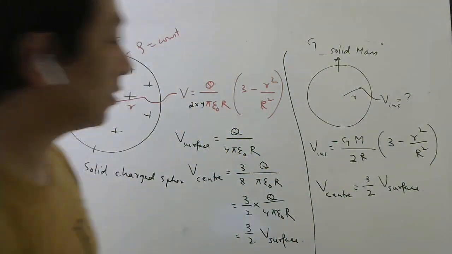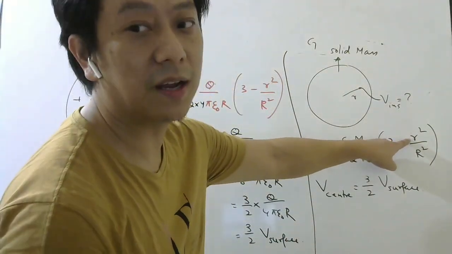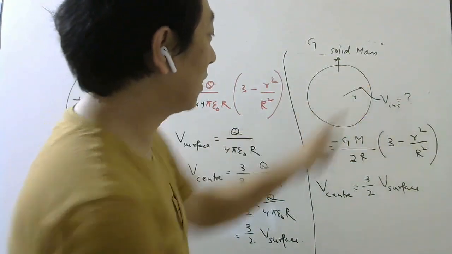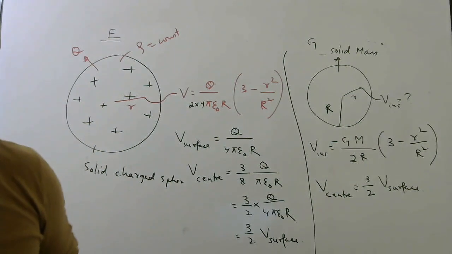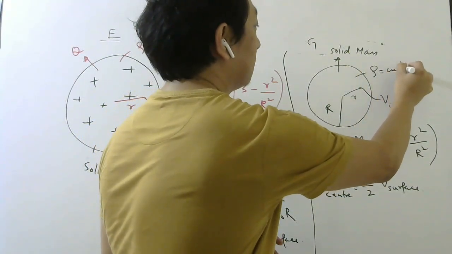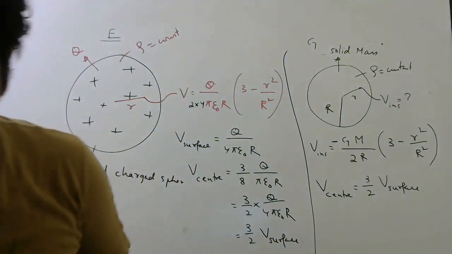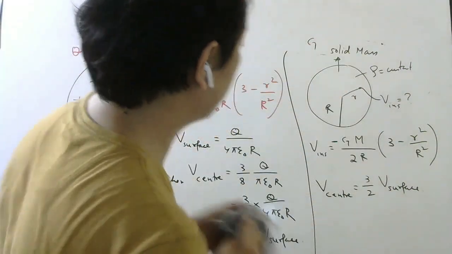And on the surface, we have already seen the formula. For surface, just put small r equal to capital R, because small r will be capital R. Capital R is the radius of the solid sphere. Again, when I write this formula, density is taken to be constant. So this formula I wanted you to just check once.